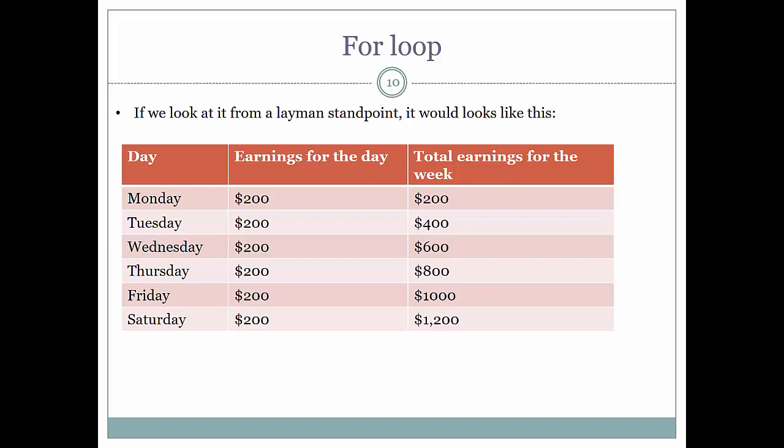From a layman's standpoint, this is what it would look like. We don't actually need a program to help us calculate this. It is just 200 multiplied by 6. But I want to use this example to show you how a loop runs. As we mentioned earlier, every day that he works from Monday to Saturday, he earns 200, and we keep track of his running total: 200, 400, 600, 800, 1000, and